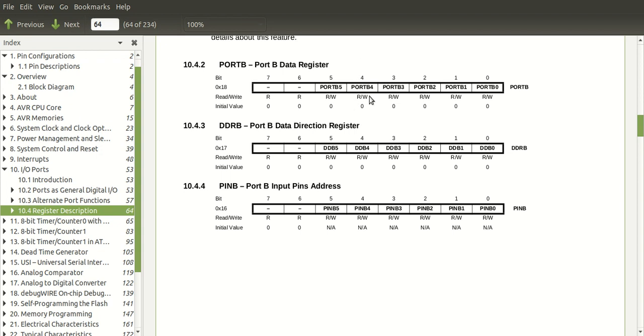If you write a 0 here, the pin connected to PB4 will be driven low, right? And that's how we are going to program this microcontroller, and we are going to turn on and turn off an LED connected to a particular pin of the port B of the microcontroller.